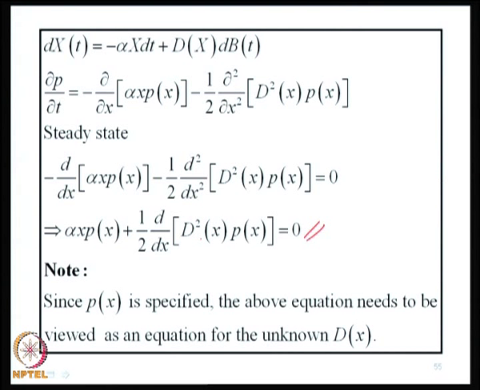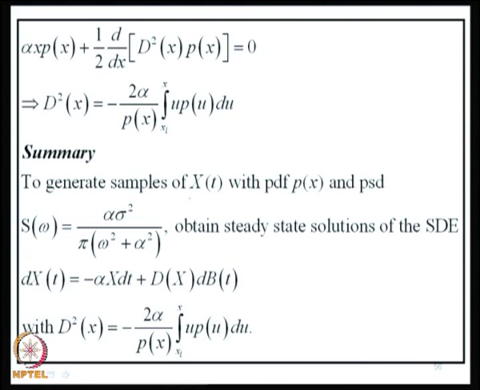D of x is unknown. So this has to be viewed as an equation for d of x. That means, for what value of d of x would P of x be the solution to this problem? Do you follow? So it is an inverse argument. So if I do that and solve for d square of x, I get d square of x to be